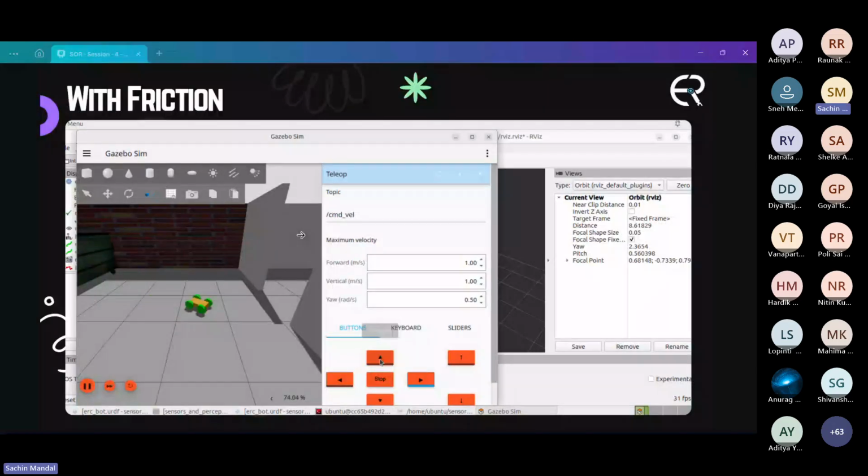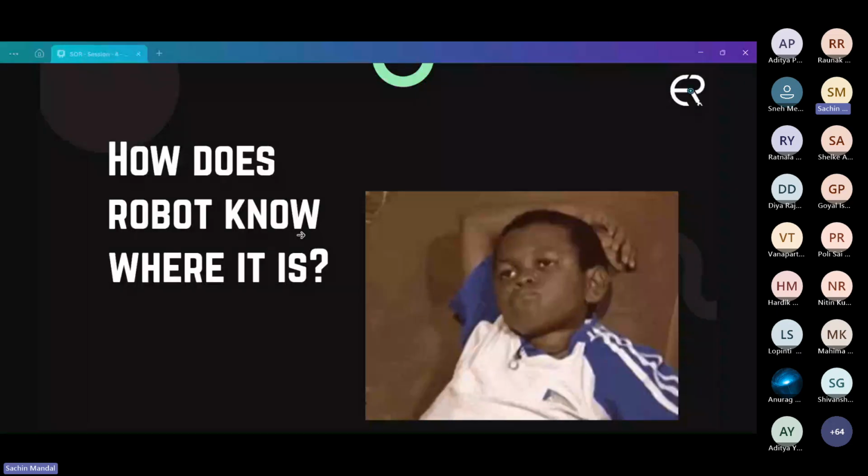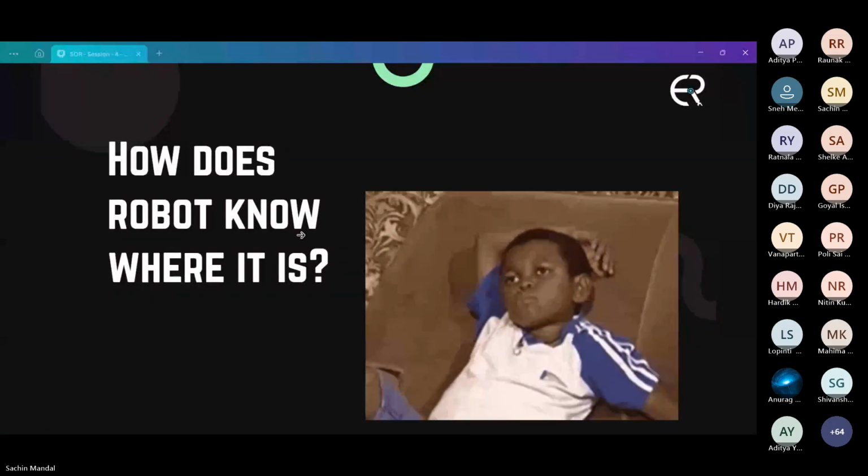So the robot keeps track of the wheel rotations. If the wheel rotates this much, it estimates the robot moves this much. If the left wheel moves more than the right wheel, it probably turns. It receives data from the wheel encoder that estimates the robot's state.